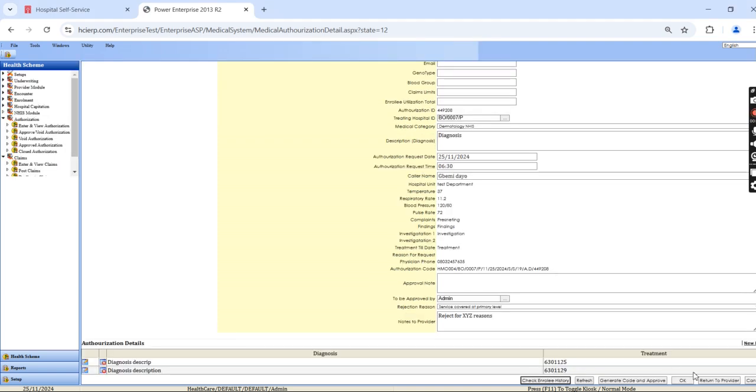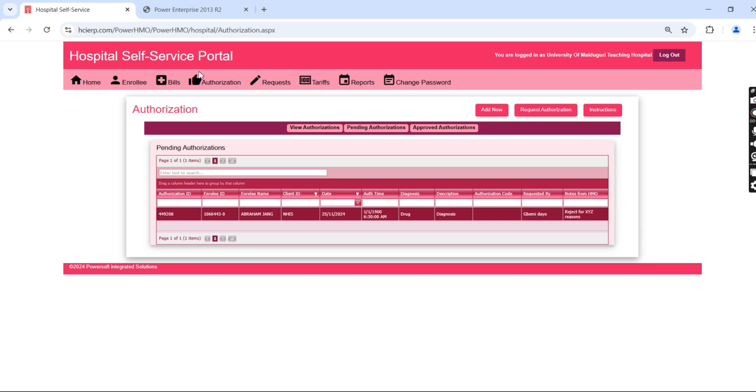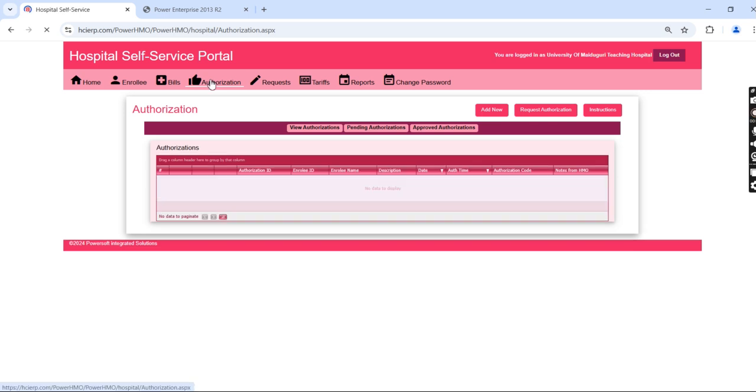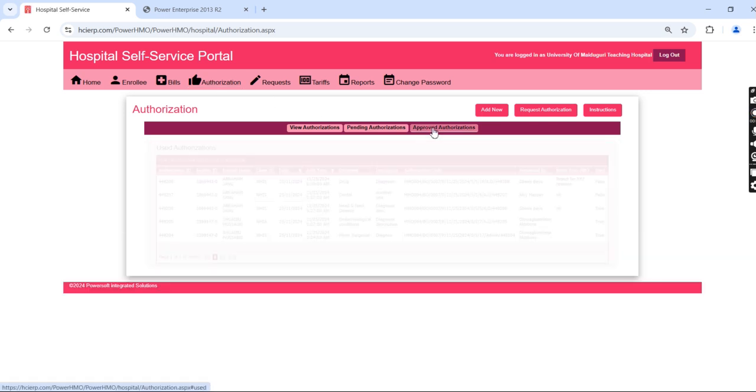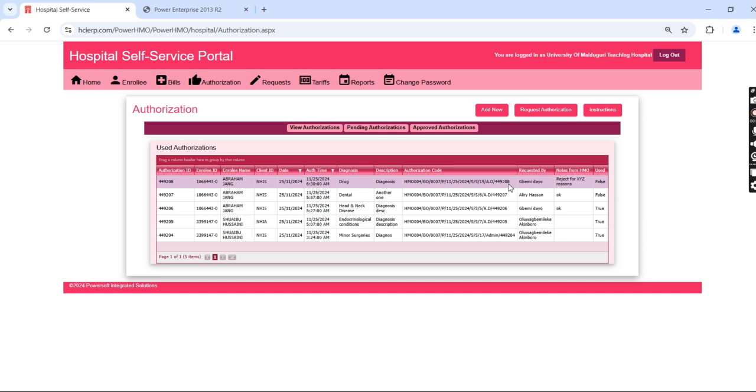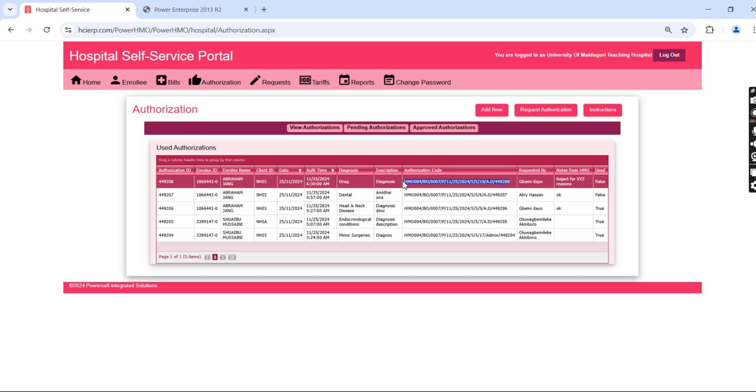and raise a claim. And then on the self-service portal, if I refresh this, I will see that authorization code showing under the list of, see, this is it right here, the one at the top, showing under here. So I will raise a claim now. So let's